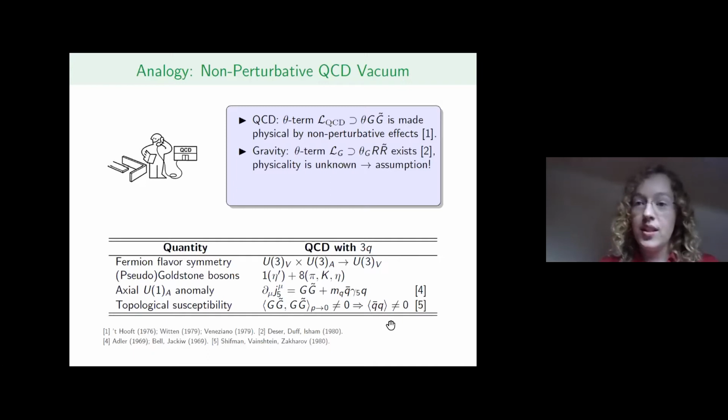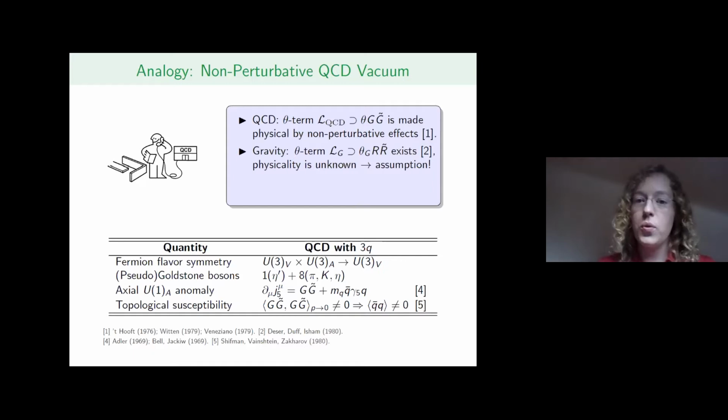Not only QCD, but also gravity contains a theta term. This is something a bit less well known than in the QCD case. The theta term structurally looks very similar, so you also have some numerical constants that are omitted. You have a theta parameter, theta g. R is the Riemann tensor, and R tilde is the Hodge dual, so just the epsilon tensor times the Riemann tensor. So now there's one crucial difference between this gravity and QCD case,